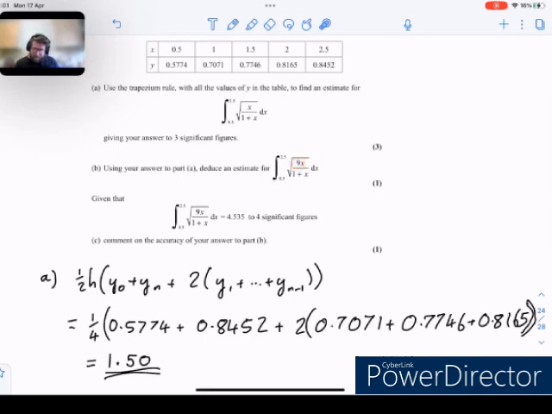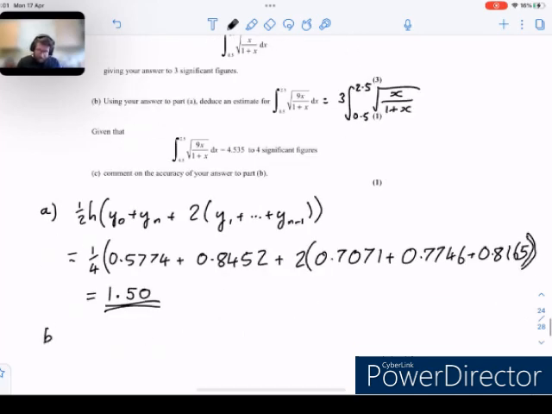So if I take that out as a common factor, it'll become 3 times the integral between 0.5 and 2.5 of all of this. I've taken out a root 9. So it should be roughly 3 times bigger. So for part B, we get 3 times 1.50,